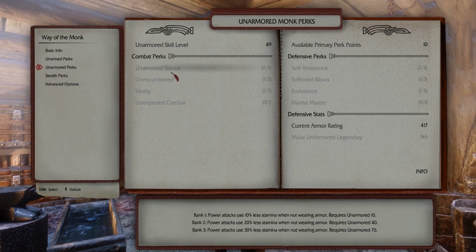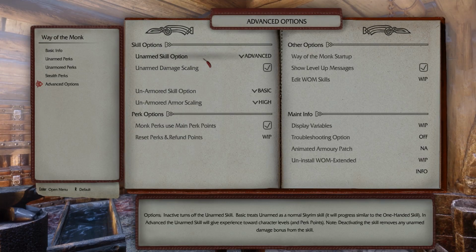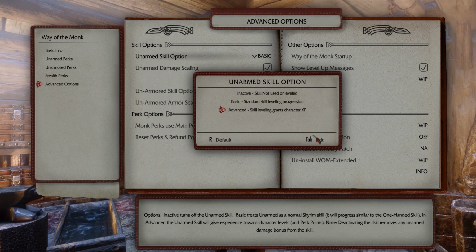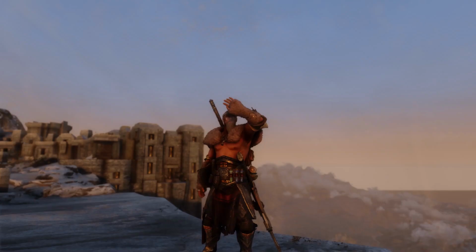The mod also grants unarmed and unarmored skills for all races, so these skills are no longer exclusive to just the cats and lizards of Tamriel. Everyone can be a monk. The mod is somewhat customizable. You can change the rate in which you gain skills and perk points. You can choose between just using the mod's perk point system, or you can use the perk points from the vanilla game. You can have your level increase as your monk skills develop, or you can leave that out. The only thing this mod doesn't do are animations, which brings us to...